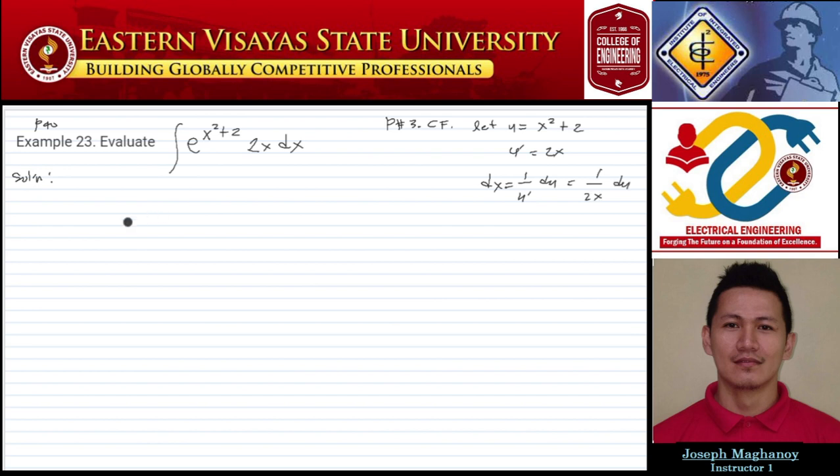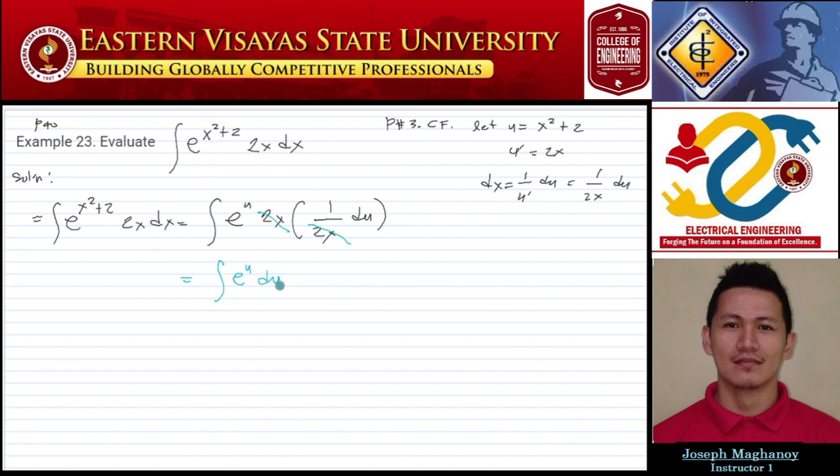So we apply our correction factor. Integral of e raised to x squared plus 2x dx is equal to integral of e. We replace x squared plus 2 by u, then 2x, then apply our correction factor, 1 over 2x du. So do cancellation again. Cancel 2x, 2x. The remaining is your constant 1. So du,